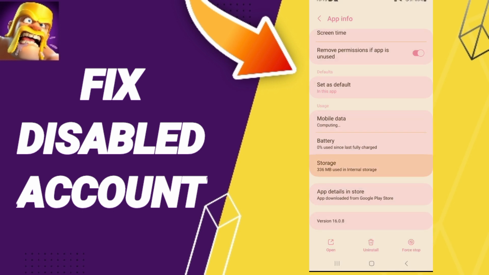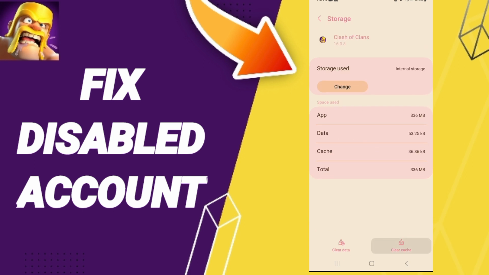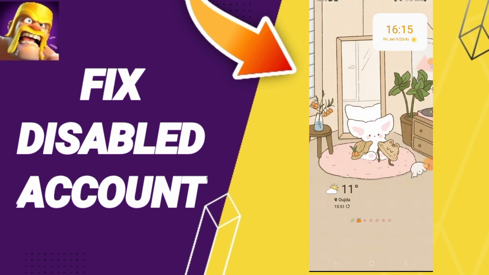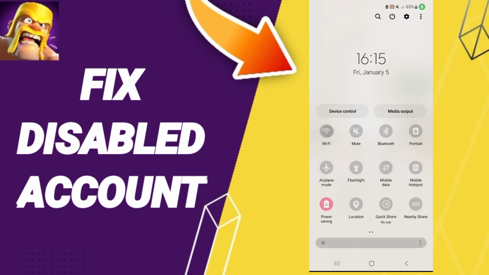Here we'll enter to the window of storage. Then you can click clear cache. Don't click clear data because that can cause you errors in your app. In the end, you can turn off your Wi-Fi and you can wait a moment or 3 seconds to turn